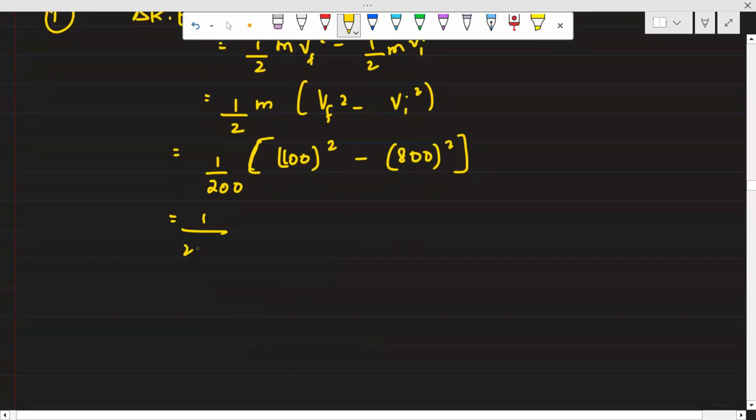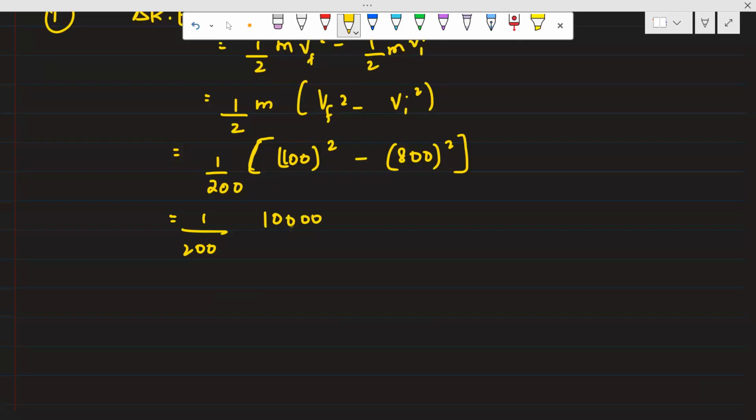So look, this will be 1 by 200. This is 10,000 minus 64,000, which is equal to minus 54,000 divided by 200. So this gets cancelled, which becomes minus